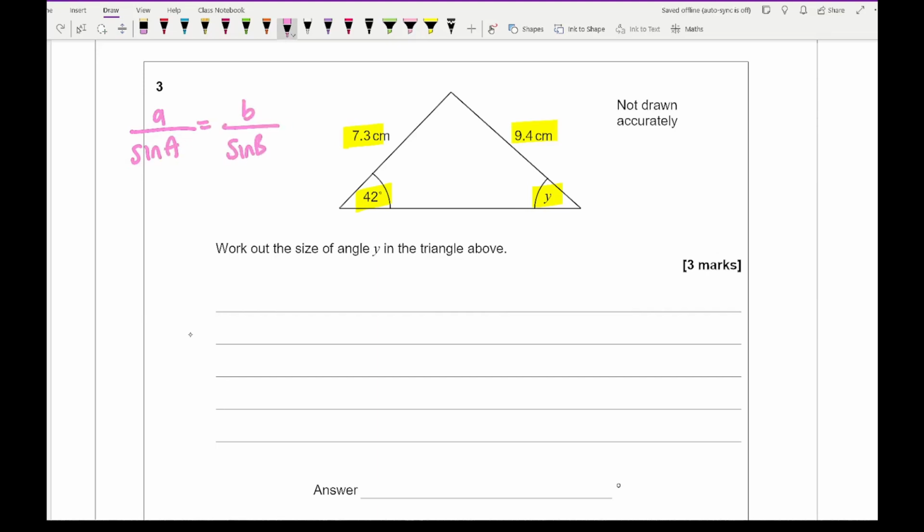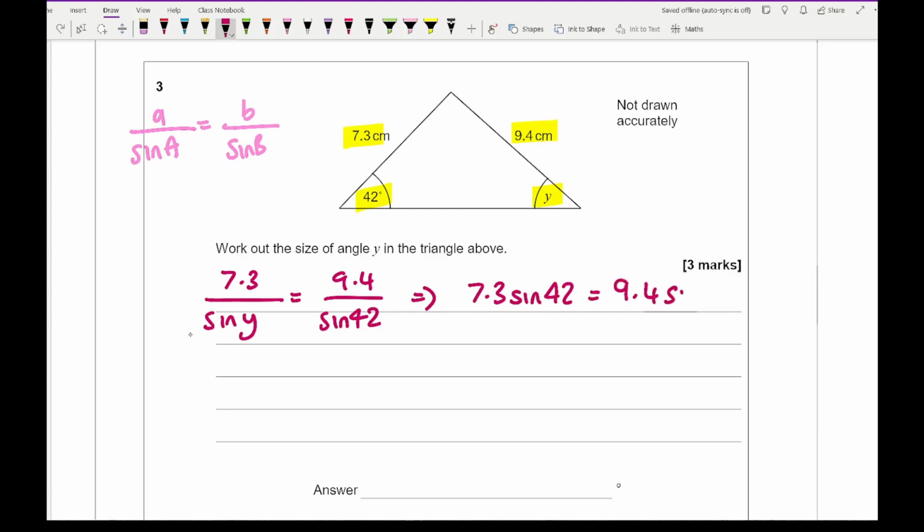So then substituting the values in, I get 7.3 over sine y equals 9.4 over sine 42. Then doing a bit of cross multiplying, I get 7.3 sine 42 equals 9.4 sine y. Take the 9.4 over to the other side, so I then end up with sine y equals 7.3 sine 42